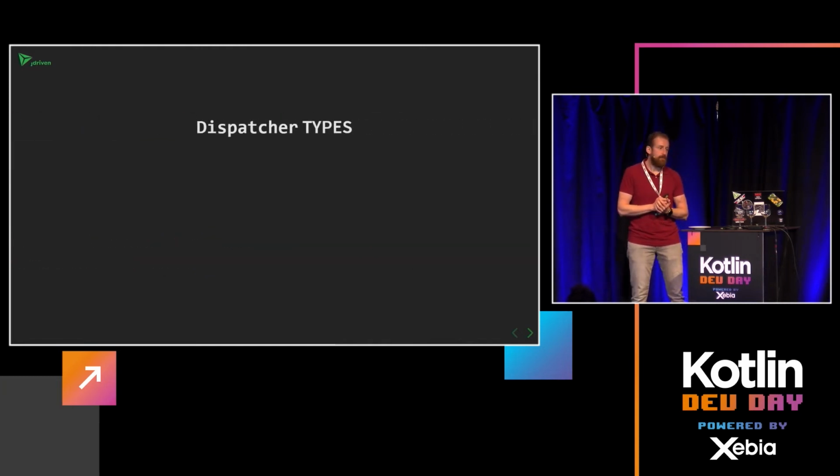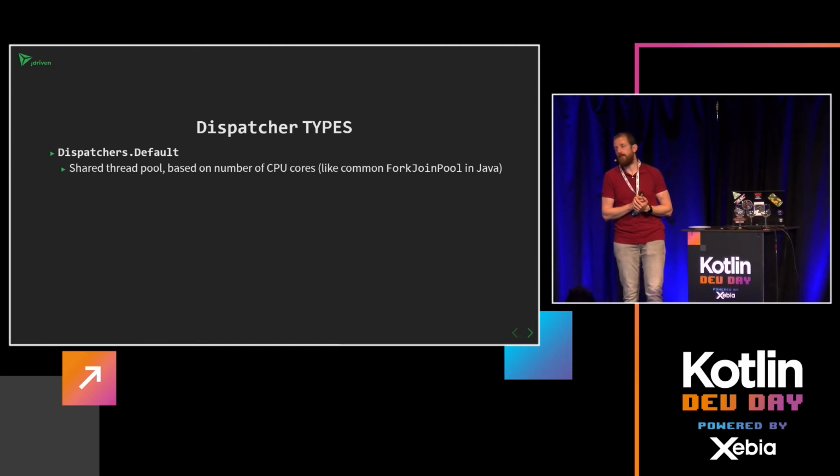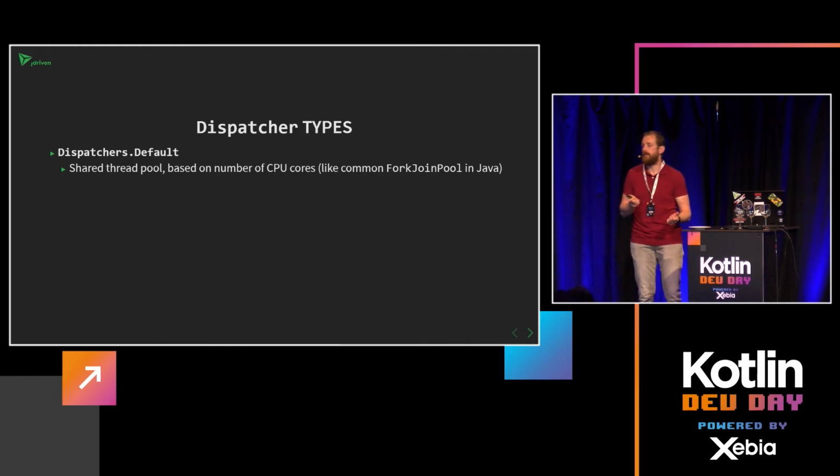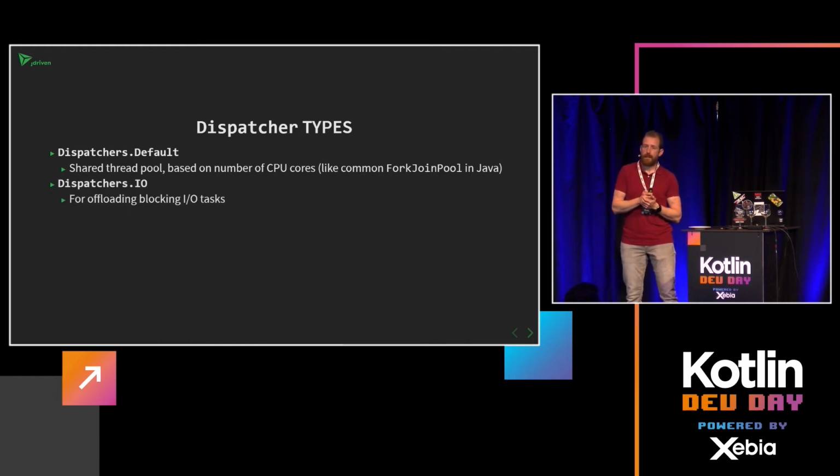So what kind of dispatcher types are there? Well, I've specified Dispatchers.Default. You could call it similar to the fork join pool in Java. It's just a common pool where the size is determined by the number of CPU cores, and it's always available for you to use. There's a Dispatchers.IO